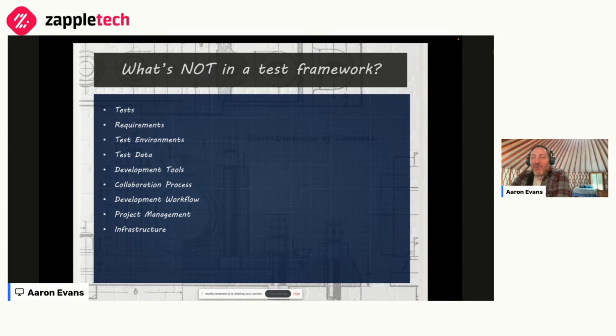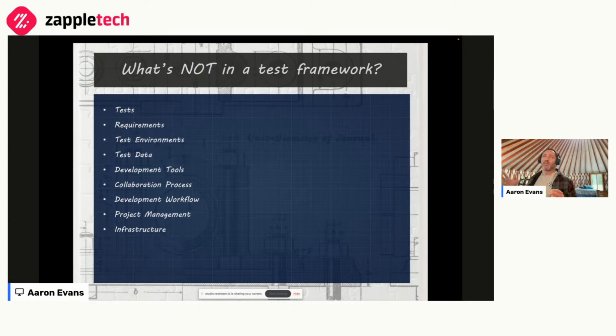All right. So what's not in a test framework? Specifically, the whole idea of having a test framework is the presupposition that there's something different than your tests, whether it's utility code, whether it's structure, whether it's how they're executed, whether it's the libraries and how you pull in those dependencies. Those are the things that are in the test framework. The tests themselves, ideally, have a pretty good separation of concern between the framework and the test, so that your test, without too much effort, can be ported to a new framework.